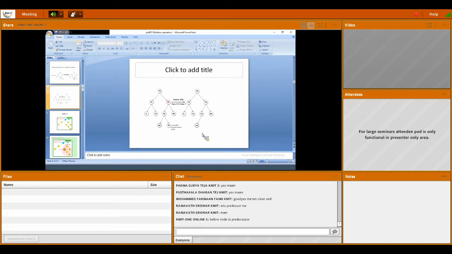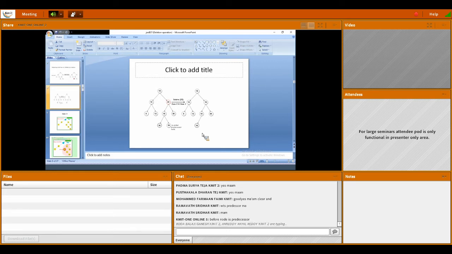Then this 19 may have a child. That is another question I want to answer. If I directly take out 19, the child will be disconnected. Yes or no? That child may be disconnected, so that case we should also consider.